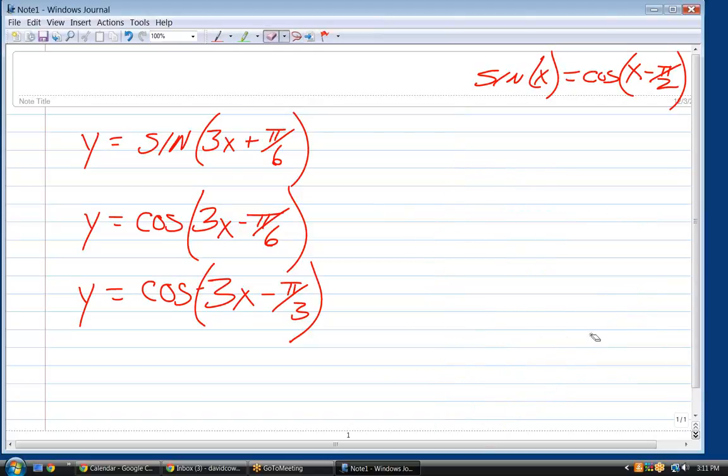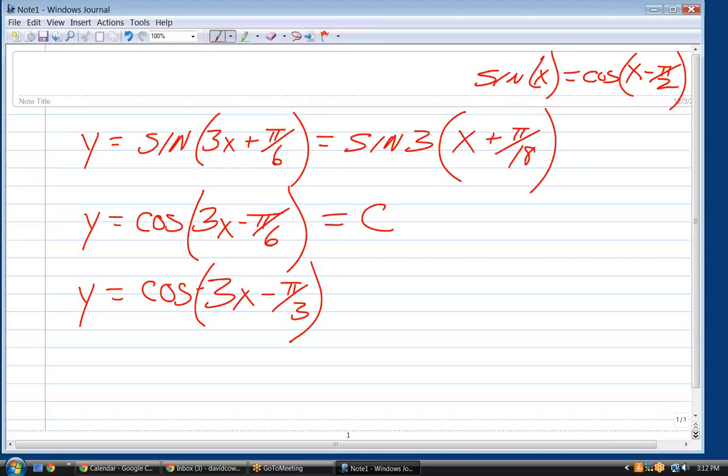If I want the phase shift of this function I have to factor out a 3. So I could write it as the 3 in front. What's left over is this, right? Yeah. Okay, and now if I do the same thing to everything,